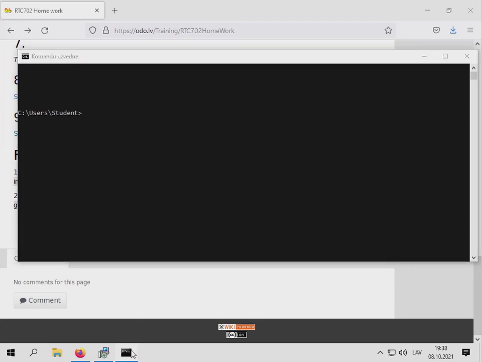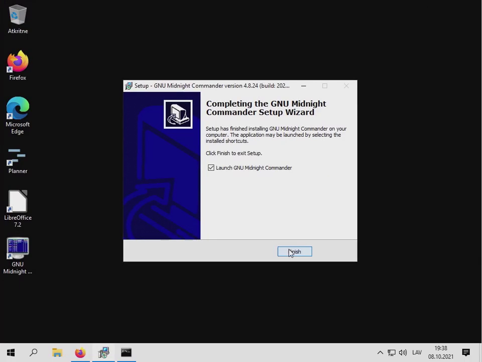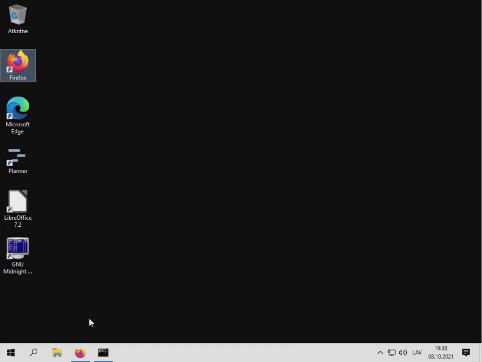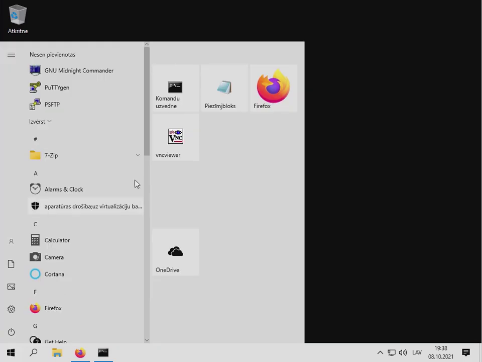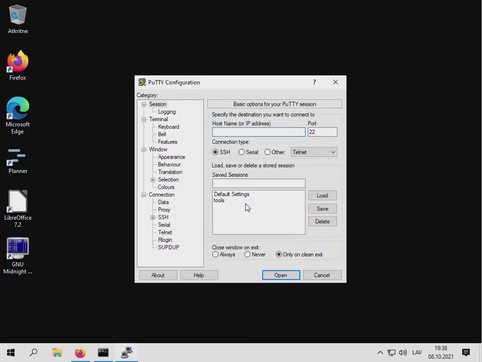So, and why are these used? PuTTY is to create a remote connection to a remote server. Where is it? Not PuTTYgen, PuTTY, this one.